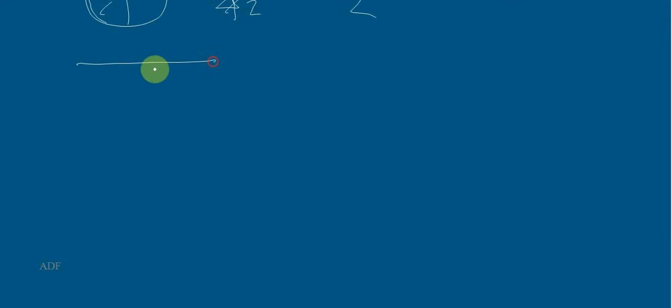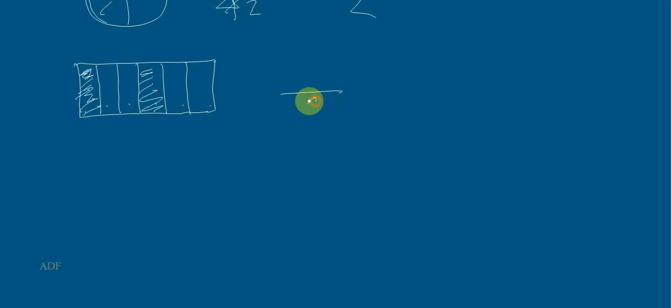I am showing you here with a round circle, but in your book you may also see this type of figure, a rectangular figure. Okay, and it is divided into many equal parts. Maybe you have to deal with this type of sum also in your book. Okay, suppose they have shaded this portion and this portion, and it is asked to write the fraction of the shaded portion. So you first count the total number of parts: 1 2 3 4 5 6. There are 6 parts, so you write 6 as the denominator. Okay, so out of 6 you have shaded 2 parts, so this fraction will be 2 upon 6.